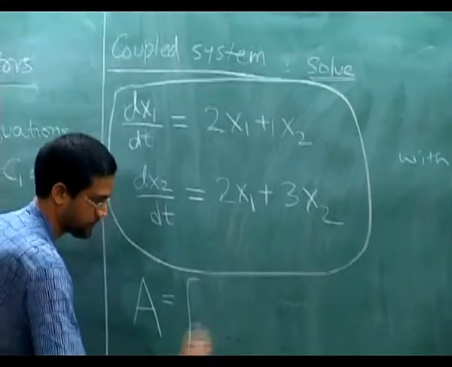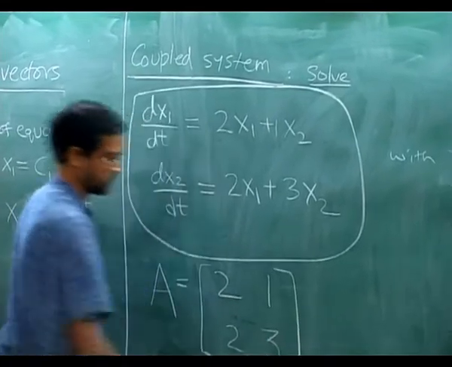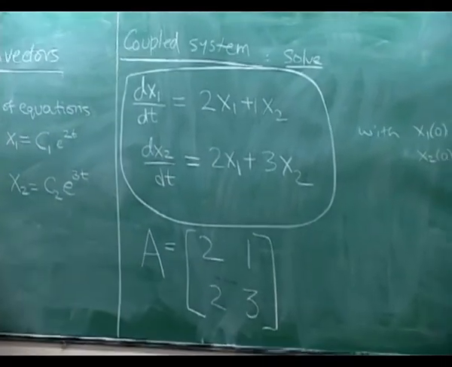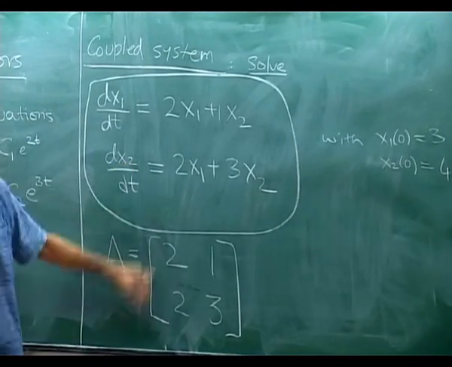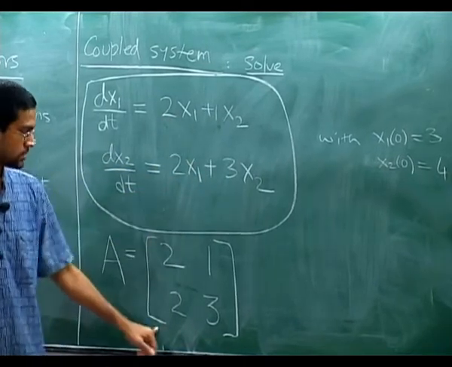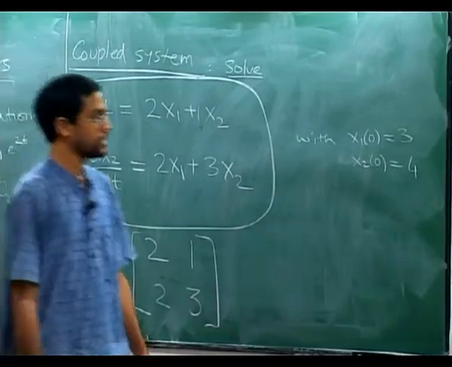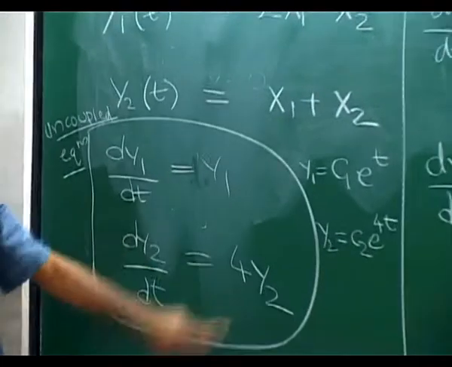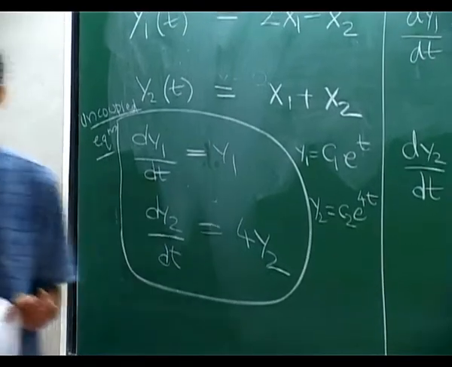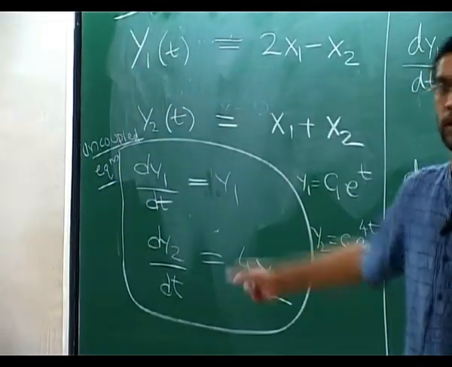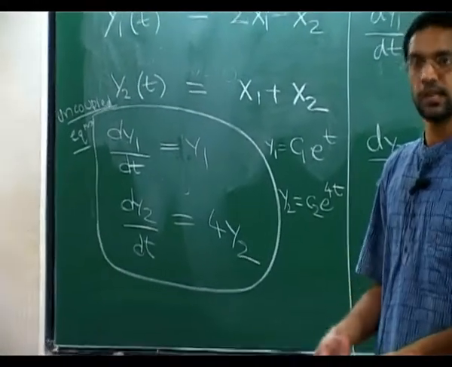So it seems that the example I started out with, the matrix 2, 1, 2, 3, is formed from the coefficients of the coupled system, so there are 4 coefficients. When you uncouple this system of equations, it ended up giving you 2 numbers in front of y1 and y2. They are exactly the eigenvalues of this matrix. At the moment we are just making an empirical observation from this particular example, but it turns out that this is actually a general phenomenon.